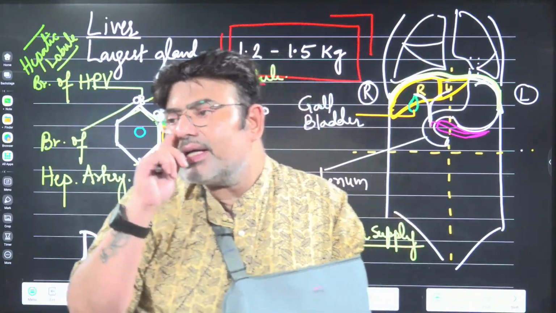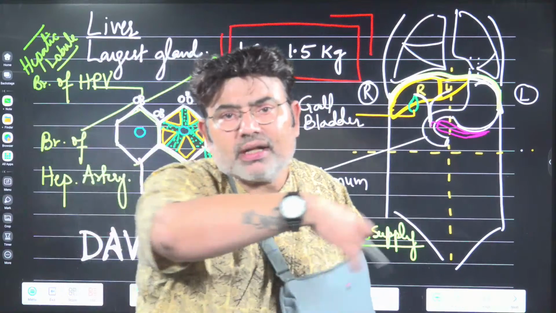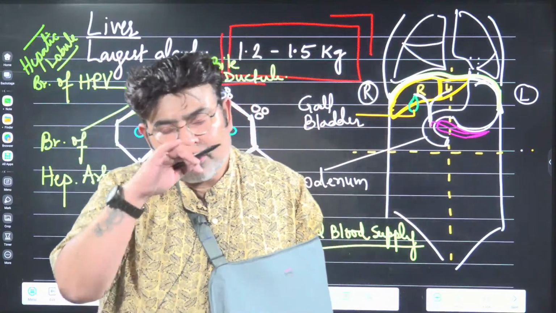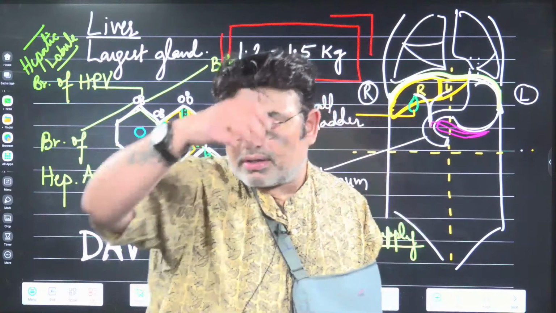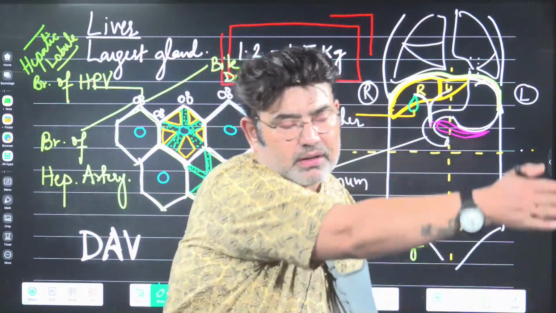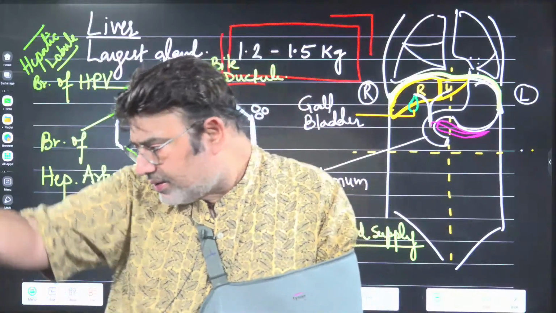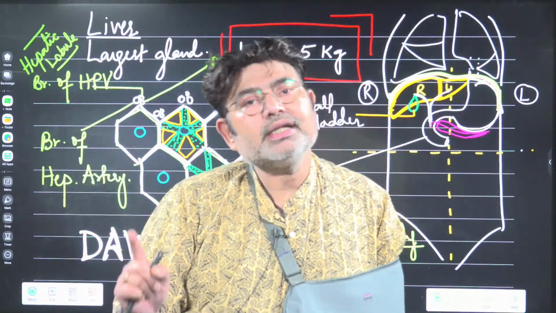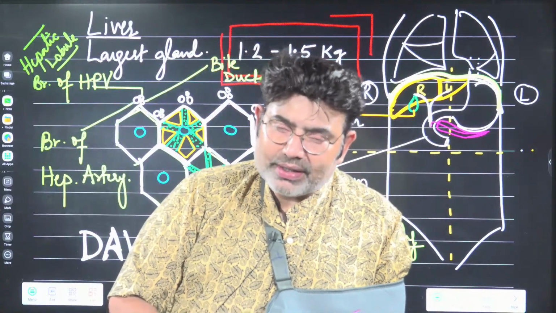Just like you can imagine, you go to a school and there is a recess in the school, and all children are running here and there, and so many children are there in the ground. Then the recess is over, and then the teacher or principal comes and arranges you as per your classes. So all the students form lines like 6th A, 6th B, 6th C, like that, 8th A. All these lines are there. In the same way, these lines are formed by the liver cells around a vein which is called central vein.